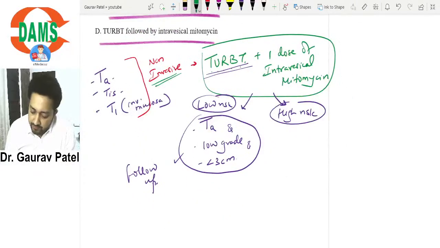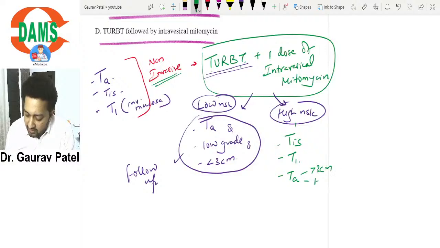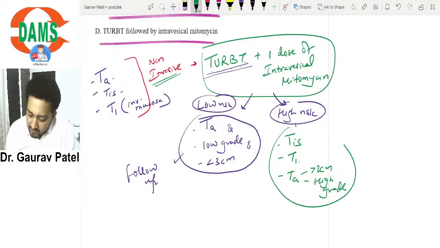High risk, if it is Tis, if it is T1, or Ta with more than 3 centimeters or high grade. In these cases, you have to give